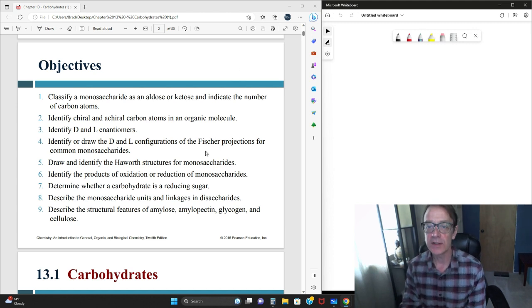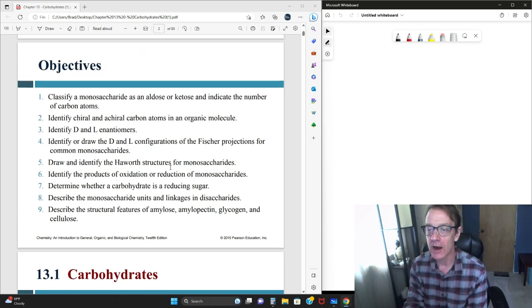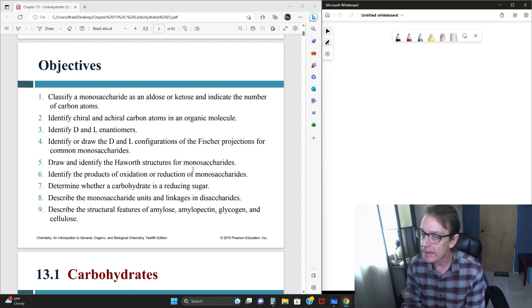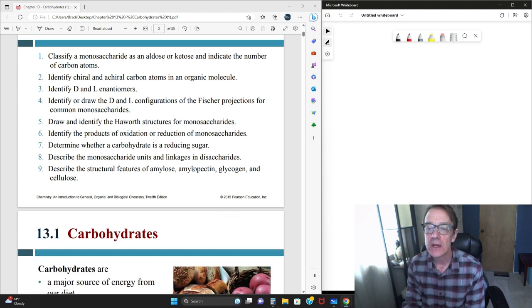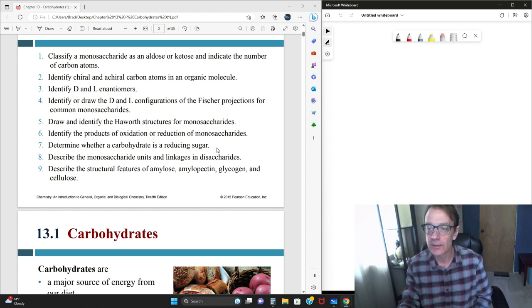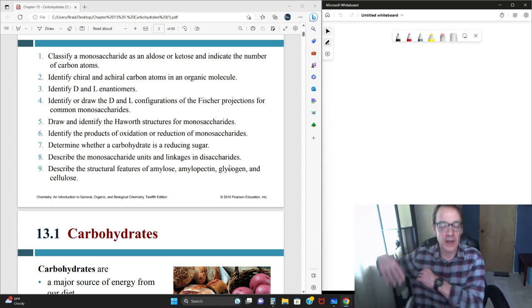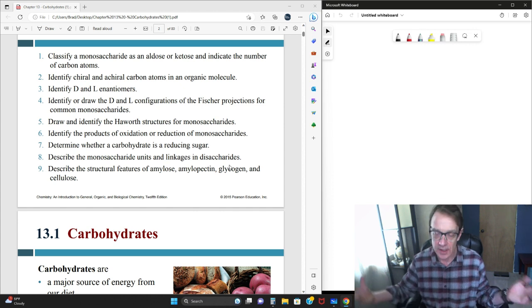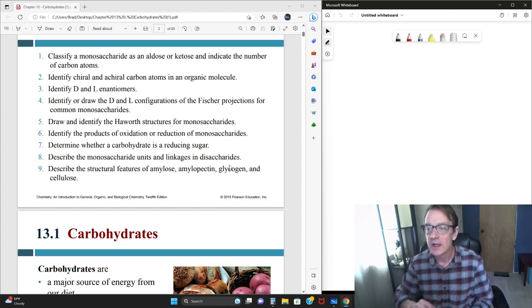Look at Fisher projections, okay, which are pretty straightforward. Haworth projections, however, are notoriously sticky concepts, so I will drill down on Haworth projections a bit more tomorrow. Redox reactions of monosaccharides, I'll just briefly touch on that. I don't find that all that actionable, certainly for the dental hygiene students. And the associated concept of reducing sugars and how monosaccharides link to form disaccharides and polysaccharides. Starches, cellulose, other types of things are just chains of